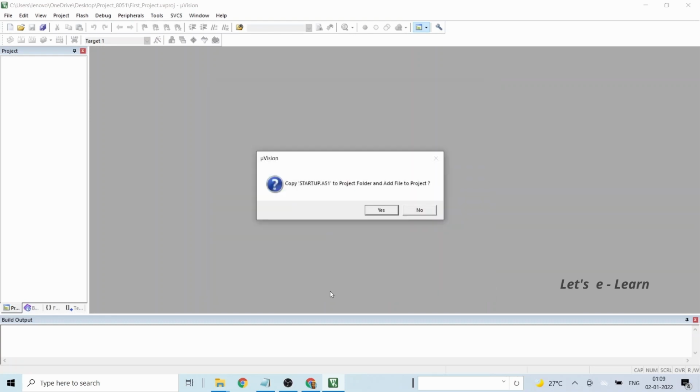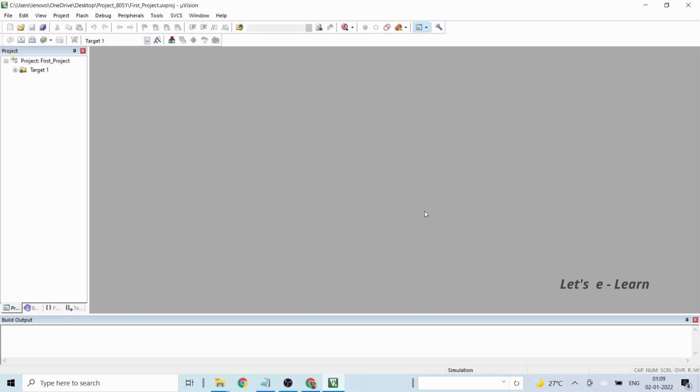Now you will get another dialog asking you to copy startup.A51 startup routine. This routine will clear data and optionally P data and X data memory, sets up stack, initializes C global variables and jumps to the main C function. If you do not add this, the compiler will automatically add a startup file from Keil library. You can also add your own startup code, but it must do all the functions. If it doesn't, you may encounter runtime problems that are difficult to debug and diagnose. In this case, I am going to do an assembly language program, so I'll click No.